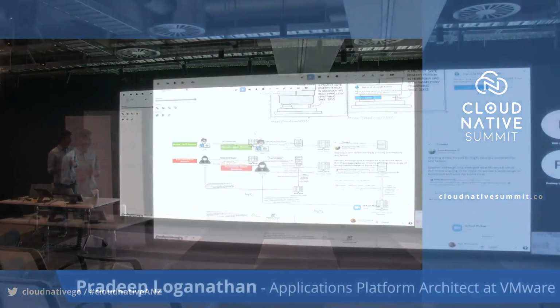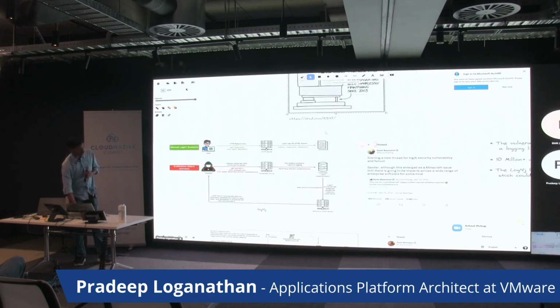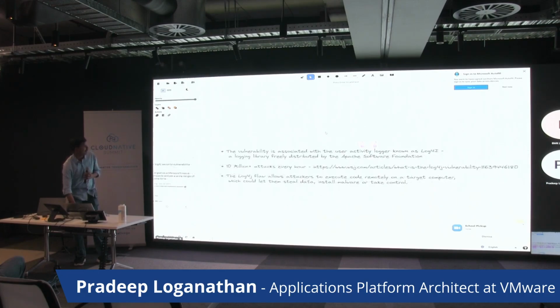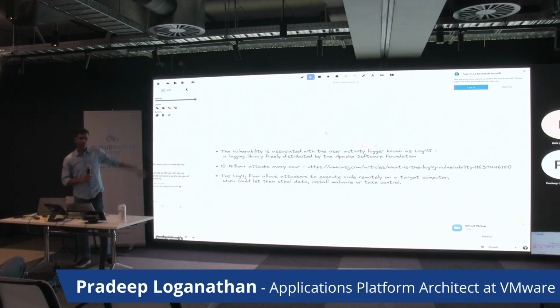Almost all, and when there was a particular vulnerability which was identified, this was immediately reported, and once this vulnerability was reported, everybody literally jumped onto it. There were 10 million plus attacks happening every hour just because of one single compromised package.